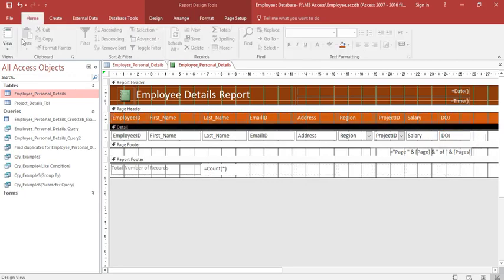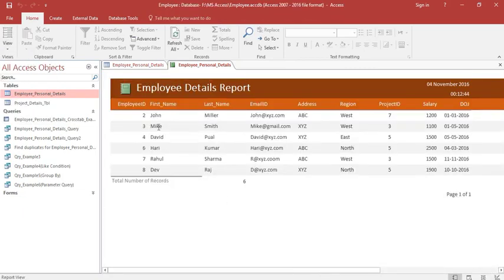If I select transparent, right now I have selected the transparent option, and if I view this, no border, my border is transparent right now, and we can see alternate colors. Okay, in the report, white, gray, white, gray, white, gray. Total number of records is 6, page 1 of 1. You can also change the alternate colors of records. To change the alternate colors of your record,